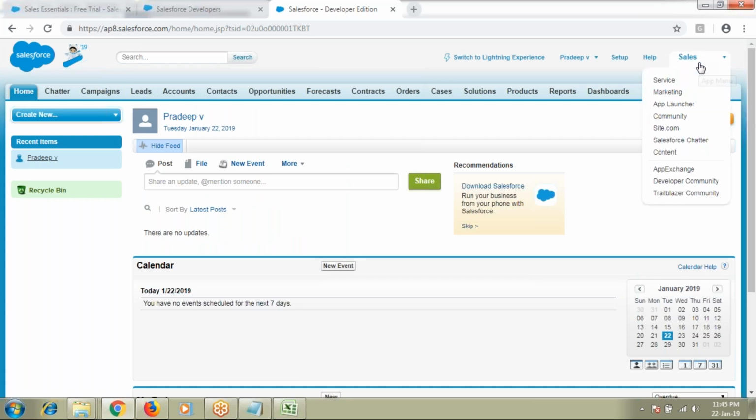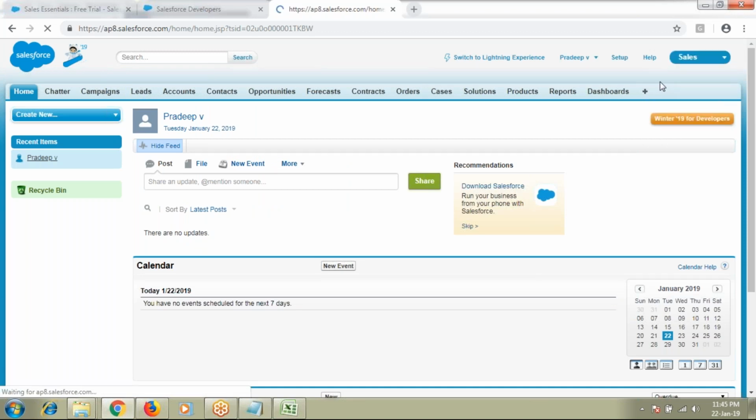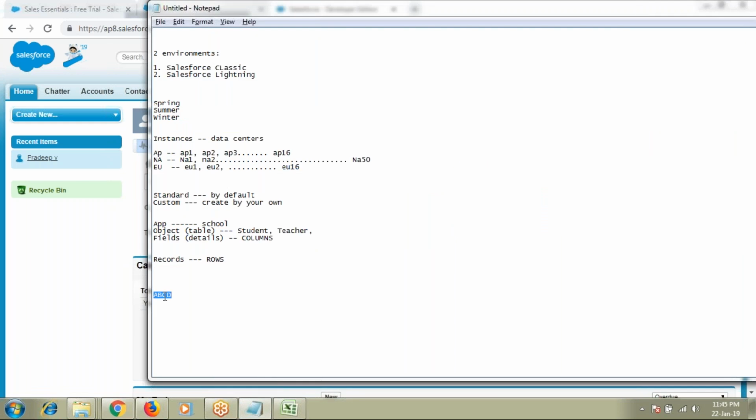Okay, next we have something called service. Service means, now we have sold, I'm a part of the product based company ABCD. We have sold the products to the customers. Customers are using the products. After a while, after a few years, they are facing some issues, some problems with the products. When they are facing some issues or problems with the products, what do they have to do? They have to reach out to the service department and get the issue resolved.